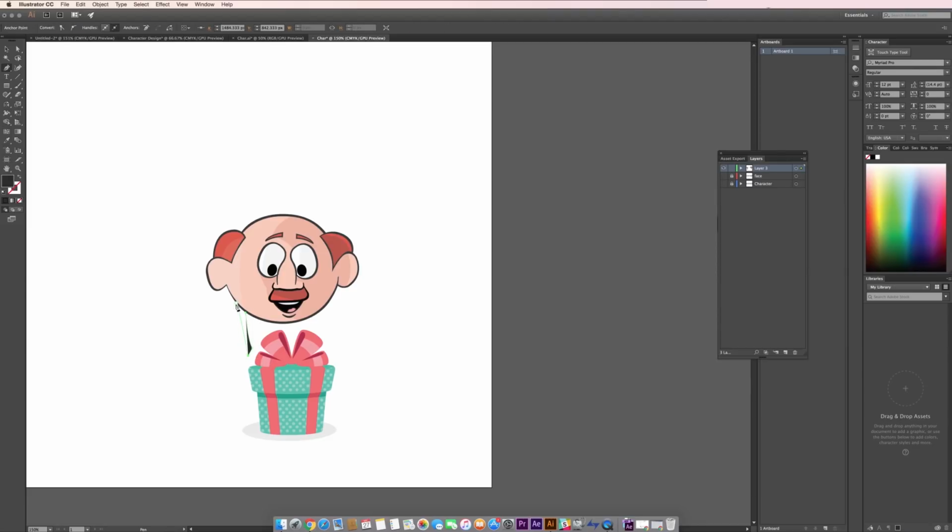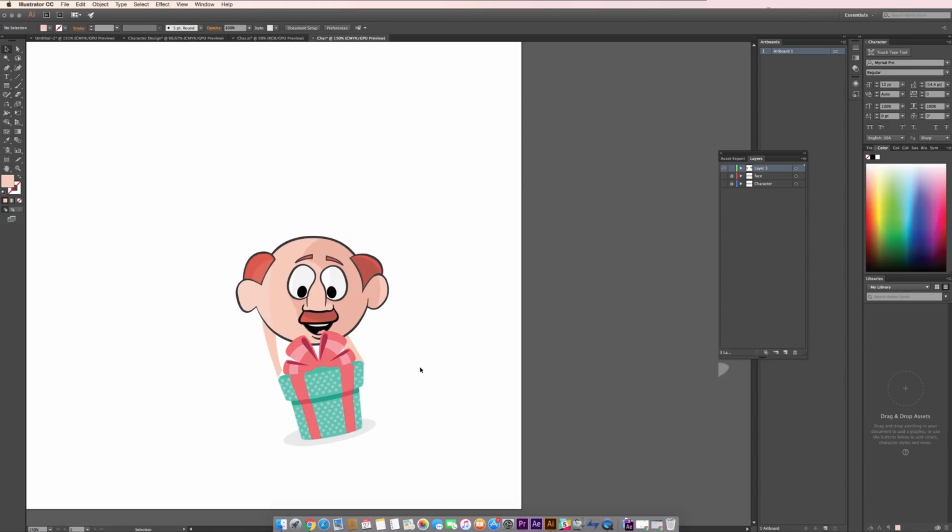for this character. Draw hands like this. And now send them to back. Draw the arms above the gift pack so that it gives the feel of the character holding it.